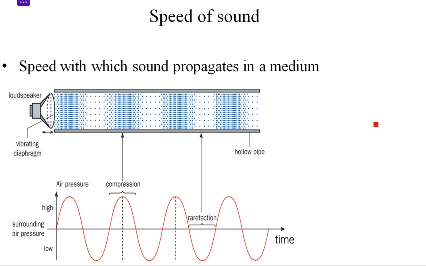Then the next thing is, what is the speed of sound? Speed of sound implies the speed or the pace at which sound propagates through a medium, right? Sound is basically a pressure pulse. You can see the pressure here. So there is a disturbance. This loudspeaker is creating a disturbance, and this disturbance is getting transferred towards the other end of this duct, or one-dimensional channel, in the form of these particles.